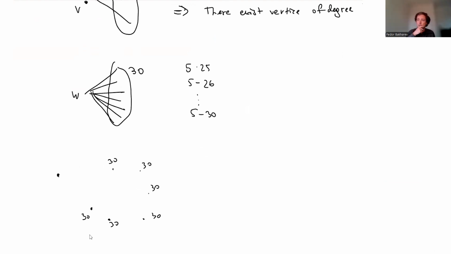So why is this true? Each vertex of degree 30 is not connected